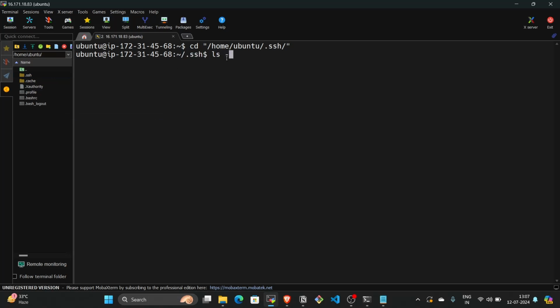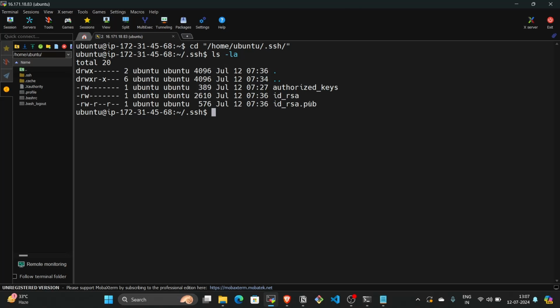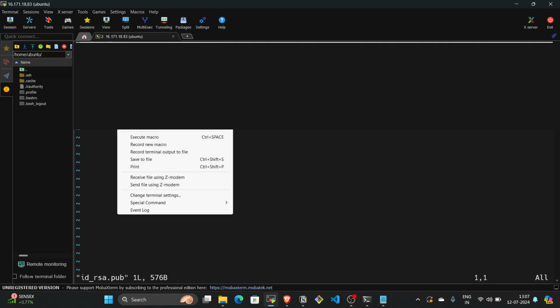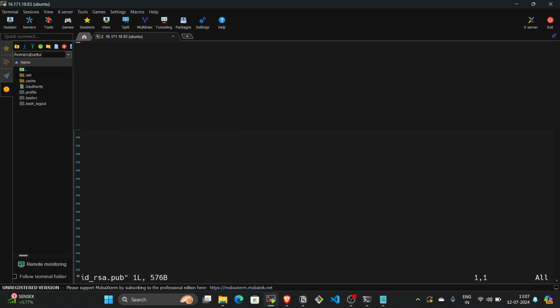So let's go to the SSH file and then ls -la. This will list out all the hidden files. So we have to open id_rsa.pub using vim. I'll be blacking out my fingerprint because again it should not be shared with anyone. So just copy it and go to your GitHub page